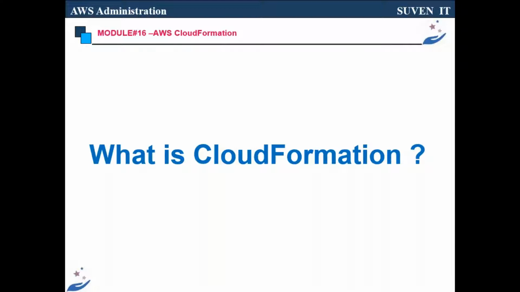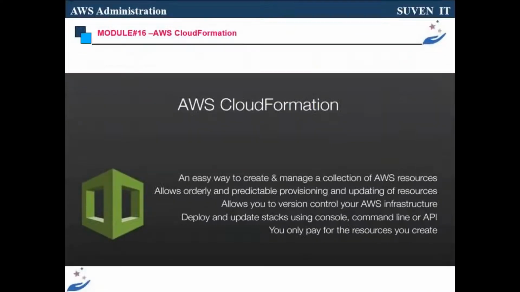That means I want to deploy a server. Traditionally you can go with the management console, where you start your server service EC2, then select the AMI, and different processes we have, right? But here, all the steps you can write in a program. That program will allow you to create the server and all. So that means CloudFormation is an easy way to create and manage a collection of resources with their dependencies,